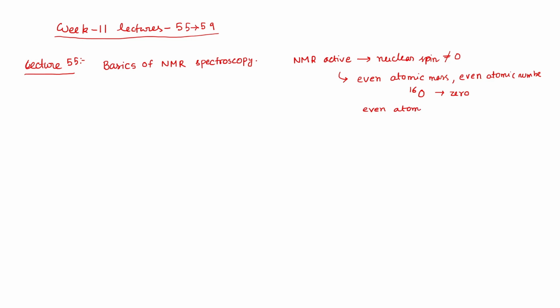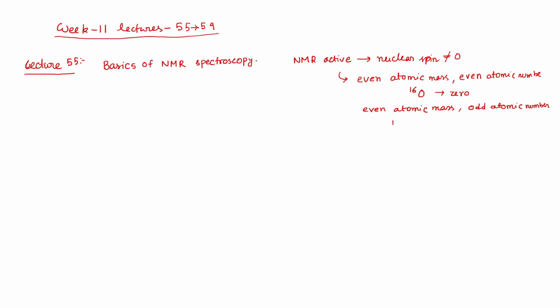Atomic mass is nothing but the sum of the total number of protons plus neutrons. Then, with even atomic mass and odd atomic number,